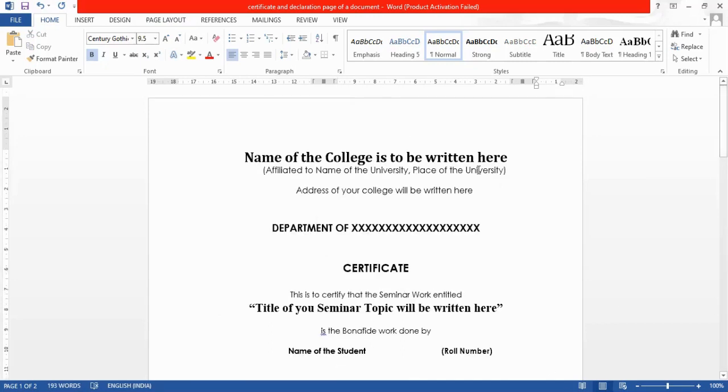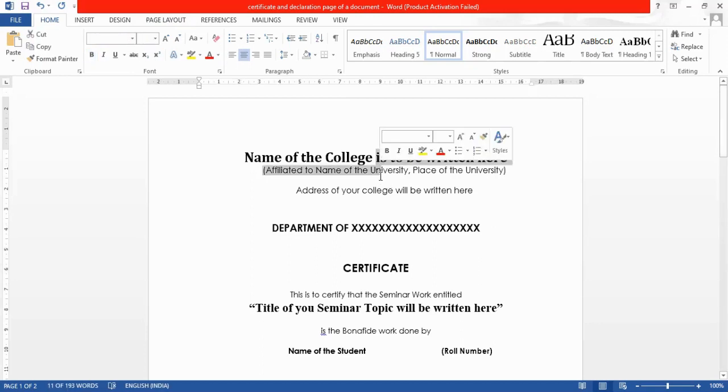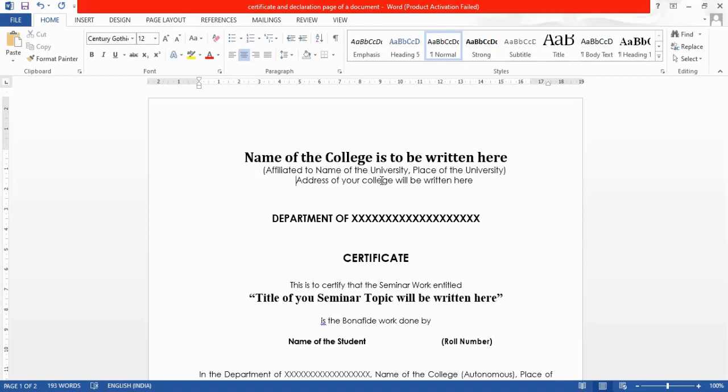Now I need to format this document. Just now I have formatted only the first 2 lines of the document. So now I'm going to remove the line space between the address of the college and the affiliated to line. But I'm going to provide the line space in another way, with the help of the line spacing option, but not by creating a new line.